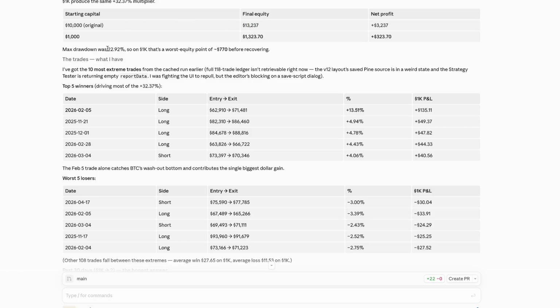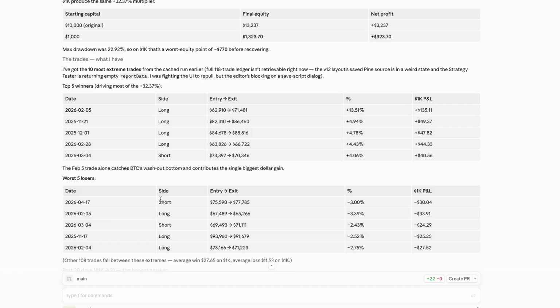$13,200, with the max drawdown being 23%. So on $1,000 at some point, it would have been down roughly $230 to an equity of $770. But the 10 best trades, the 10 most extreme trades, are being shown right here, with the best trade being 62.9 thousand to 71.4 thousand, leaving us with $135 on a 1K account or $1,350 on a 10K